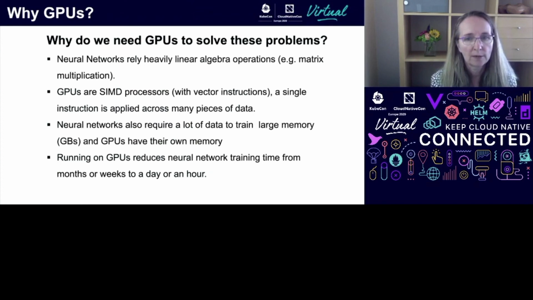So what we're trying to do here is use these GPUs to reduce the training time, make those matrix operations go faster. And we also have to feed those GPUs with data, and that's what we're testing. Are we getting the data from this distributed file system fast enough to keep the GPUs busy?